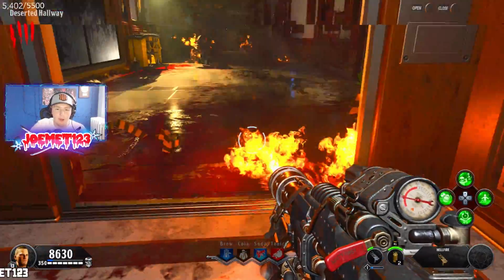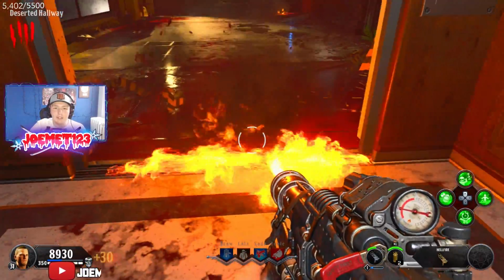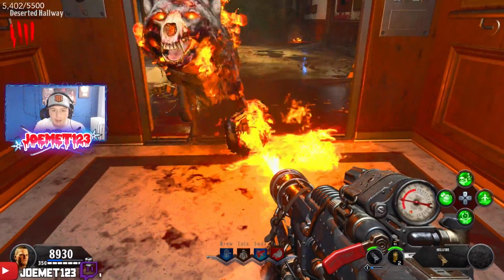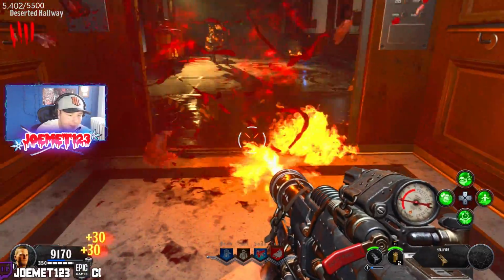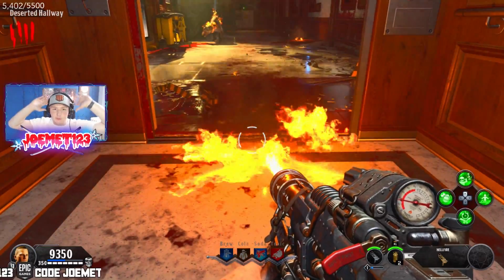And I'm going to crouch, and I'm going to look right down at the floor. As you can see, stand pretty much at the back of the elevator, and point the specialist down at the floor right at the entry of the elevator. Now I'm going to put my controller down in the charger, and that is it. That is how you do the unlimited specialist glitch inside of Call of Duty Black Ops 4 Zombies